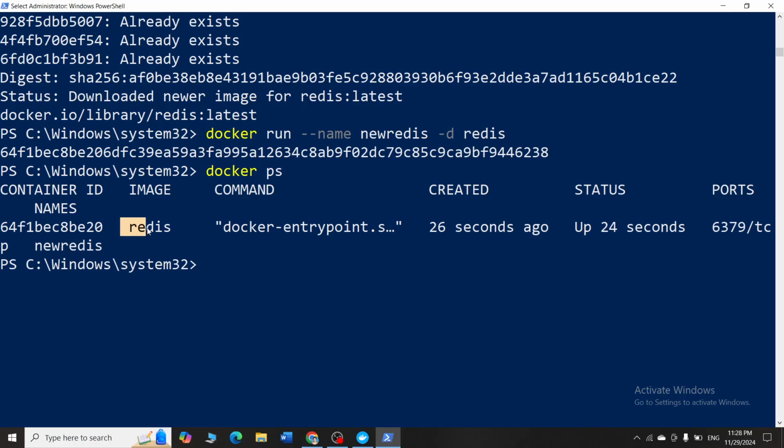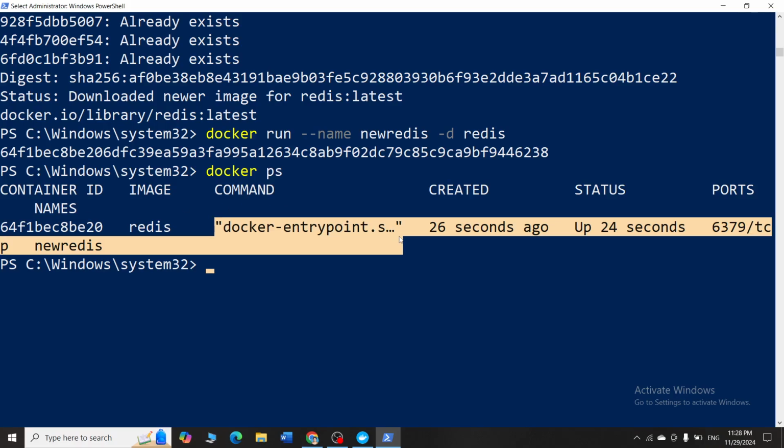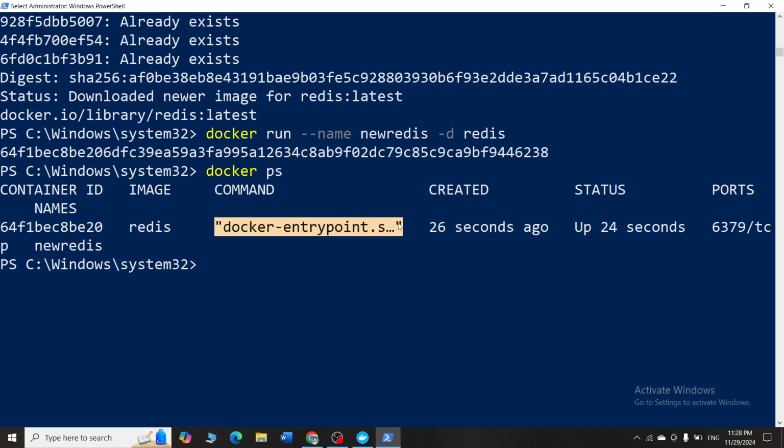Okay, and it is running an image which is called Redis, and this is the container ID, right? And this was the command that was used to start that particular container, and it is running at the port number 36379. Okay, so now that this is running, let me enter into this particular container. So I told you that Redis is a database. So database, in the sense, it will allow me to enter the data and retrieve the data.